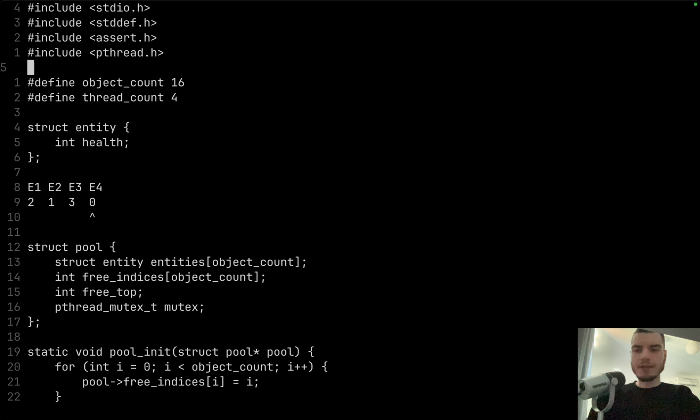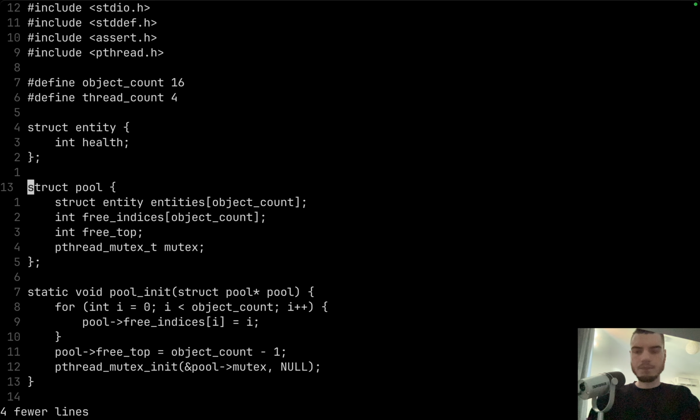Now, what I would like to do today, let me just delete this. I would like to make our allocator generic in the sense that I no longer want to just be able to allocate struct entities, but I would like to introduce something like an object size that is being passed to the allocator during initialization. And then the objects that we allocate are of that specified size. Which means that,